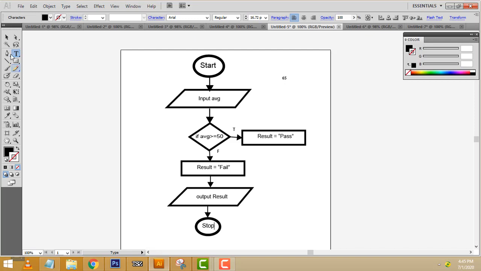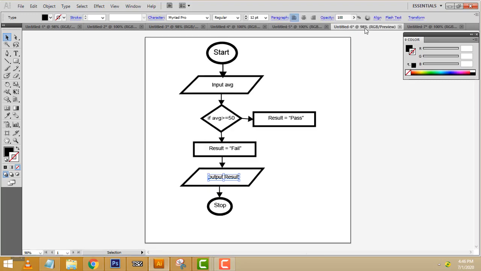Okay, just consider these things. For all these examples, you just get a paper and draw each and every example I did so far. It is very essential when you are preparing for exams. Okay, it's very simple. I have drawn it, right? So let's go for another example.